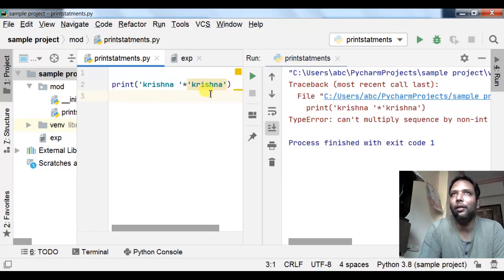So you can't use star between two strings. If you are using star, it should be between a string and an integer. I hope you understood what is print without arguments and what is print with a string as an argument. In the next class we will be learning more about print. Thank you for now.